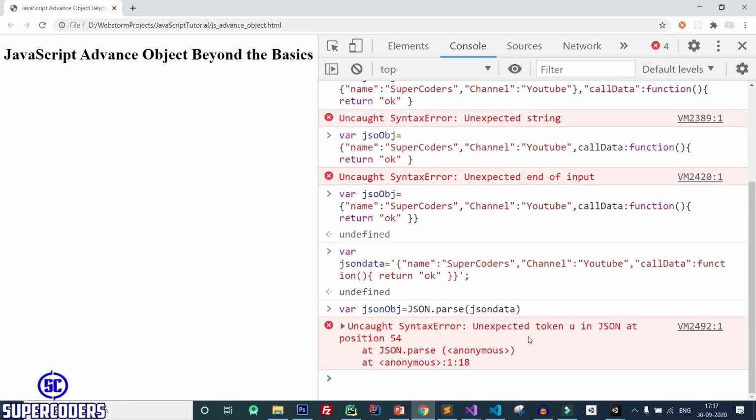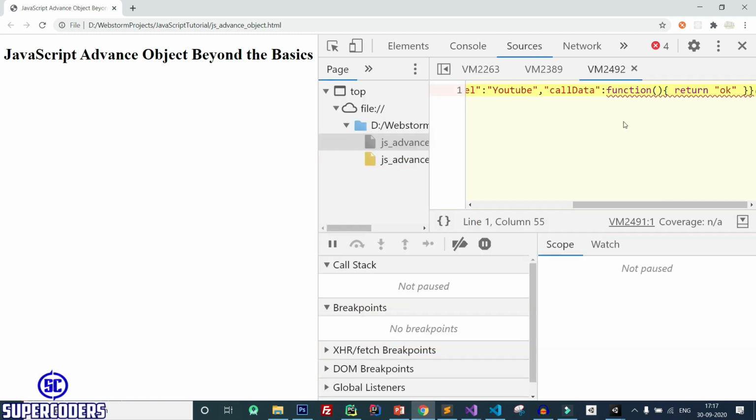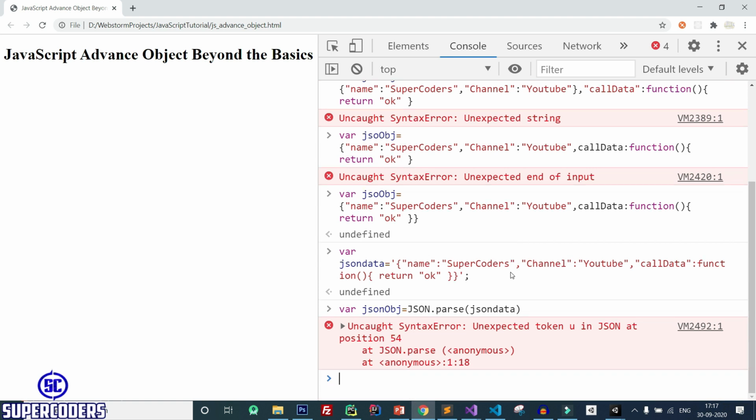You can see it is still not parsing. So after fixing the syntax error, it is still not parsing. So that's why I'm saying you can't use a function inside JSON objects, but you can use a function inside JavaScript objects. You can see here I created the same way, but it will work.